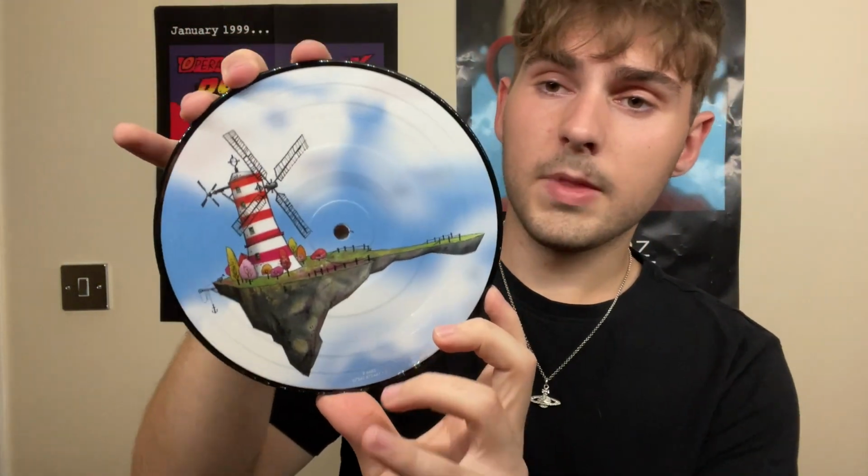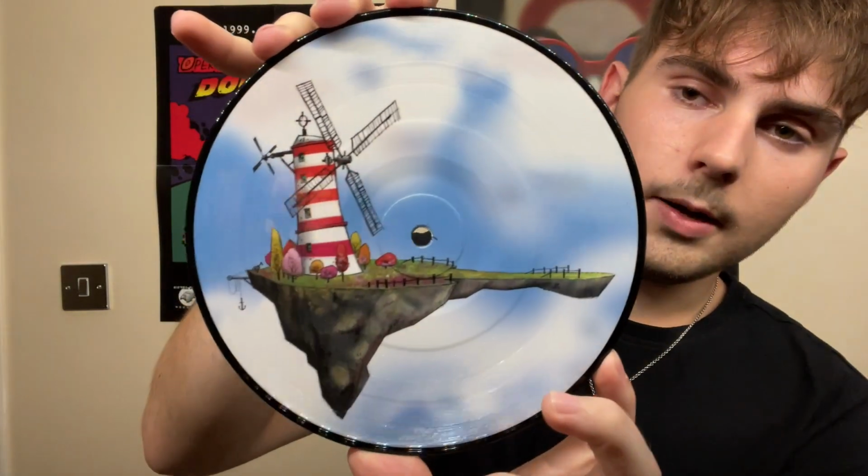I'm not sure how many they were limited. Maybe they weren't even that limited. I think they just become more sort of scarce because these were released back when Feel Good Inc. as a single was released. But there it is. Now, most of these picture discs as well are the actual studio albums, so you won't